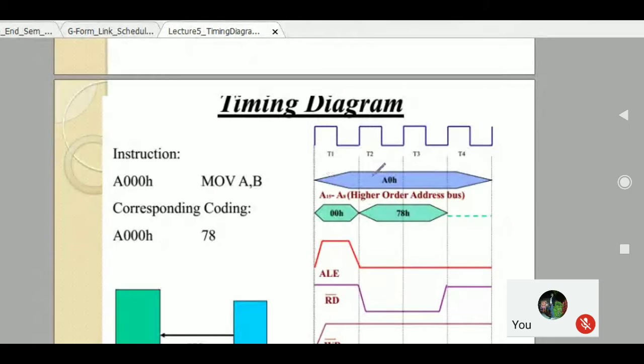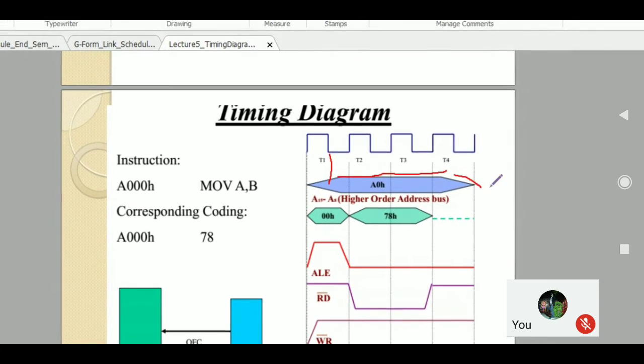This is my transition, from high to low. And how are you going to put the A8 to A15, the high order address, on the high order bus? You first start from the low. Low means start drawing from the bottom. After that, at the start of the transition from low to high, I will get a high here. It will remain high till your T4, and after completion of T4 it will again become low here. So this is my transition state.